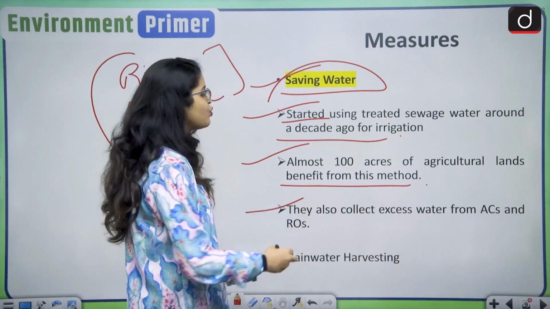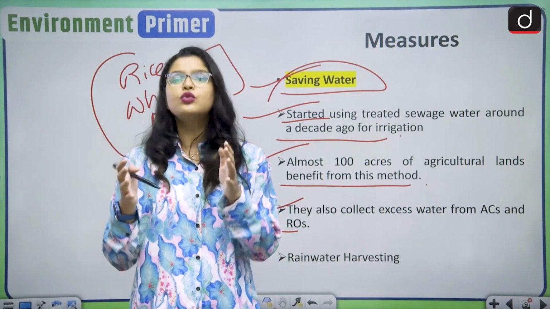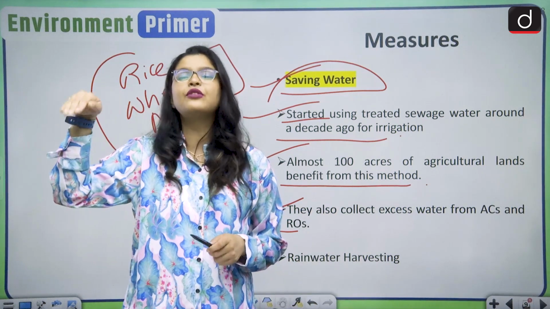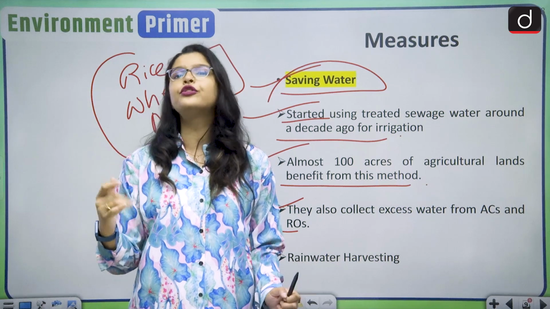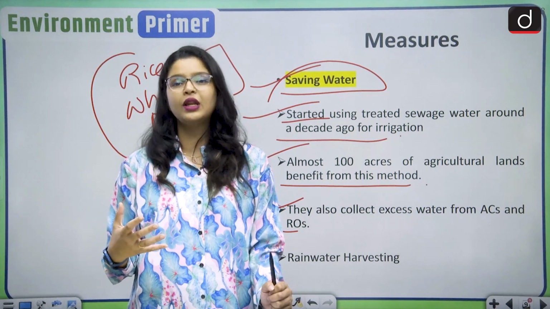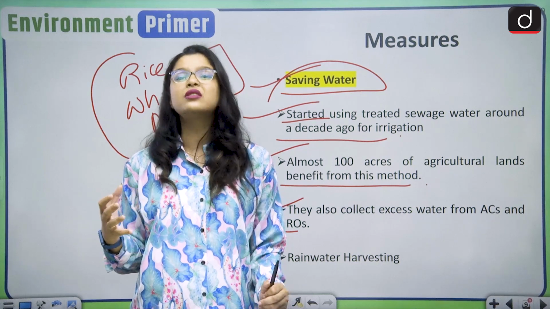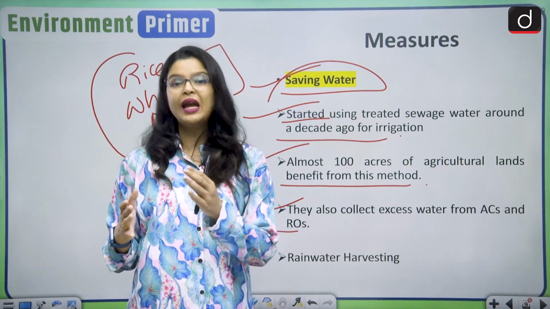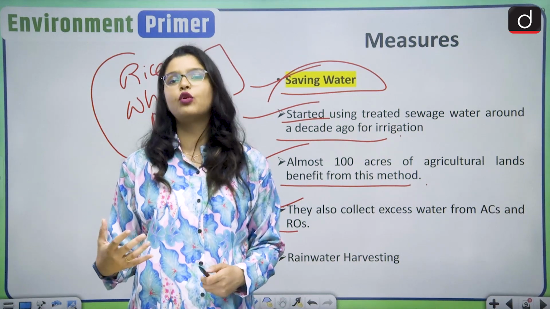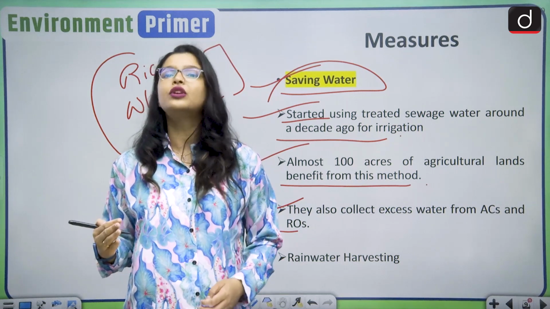They also collect excess water from ACs and ROs. See, this is also another important initiative. Whenever we install an AC, we have an outdoor unit and the water keeps dripping from that outdoor unit. How many of you actually put a bucket there? I don't think many of us use this model, like putting up a bucket there or trying to conserve that water, or the water that gets treated by the RO systems which we use for clean drinking water. So these people have actually utilized that water as well, so that they can use it